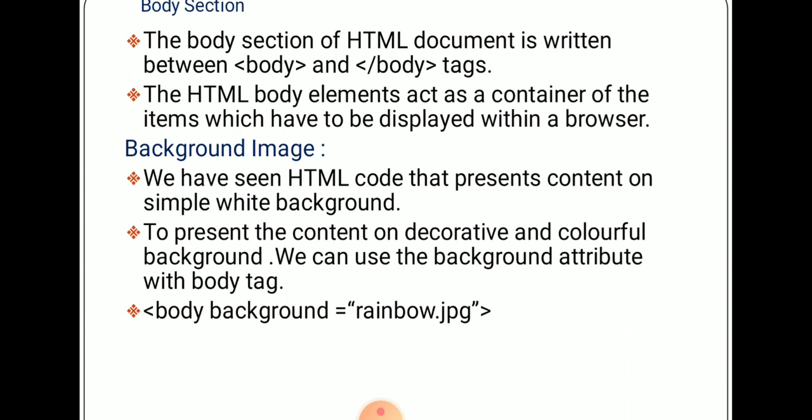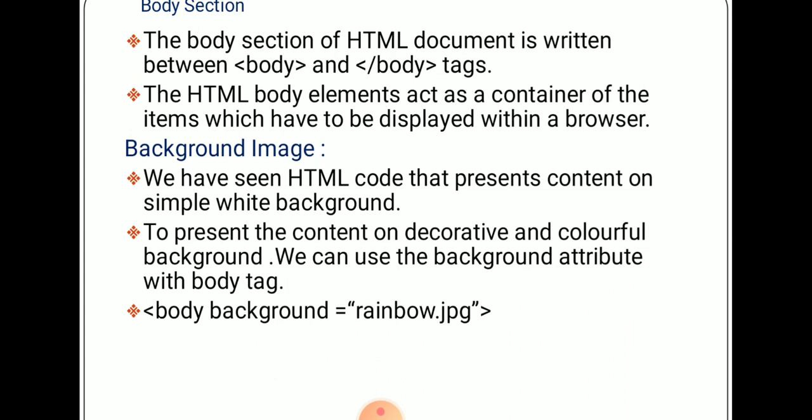We have seen HTML code that presents content on a simple white background. If you want to set any images in your background, you use a background image. To present the content on a decorative and colorful background, we can use the background attribute with the body tag.